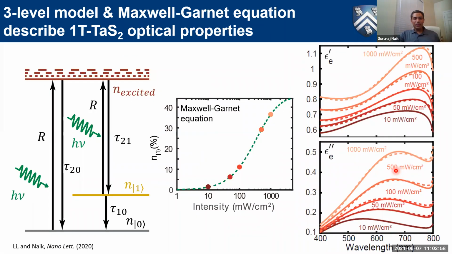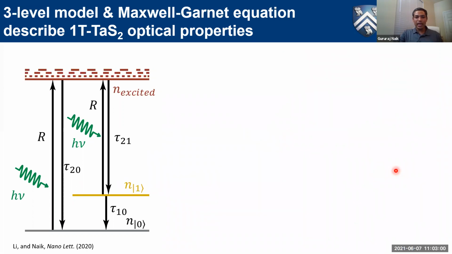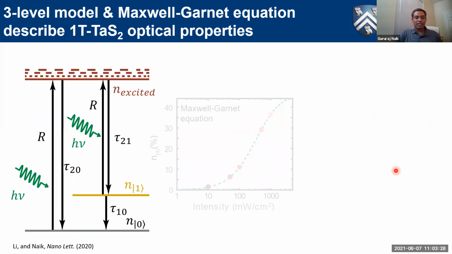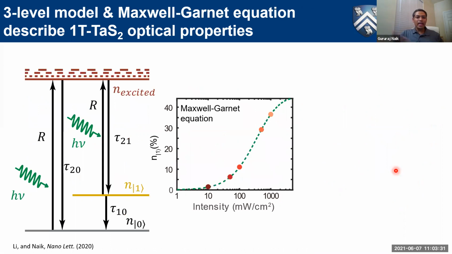Oh, yeah, cool. Yeah, that's a great question. So we just had two stackings here, right? So we assume that in the nearly commensurate state, I think literature shows that at room temperature about 90% of the tantalum disulfide is condensed. So if we assume that 90% has two kinds of response, we don't know what it is. Let's say the blue has epsilon blue, and the red has epsilon red, two kinds of epsilons. Then if we know the relative fractions, we can find what the epsilon is for any different mixing of these two, right? So that was actually what we did.